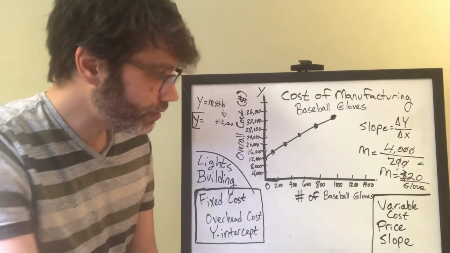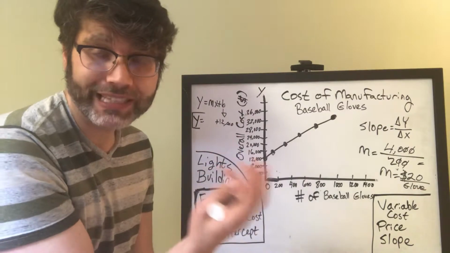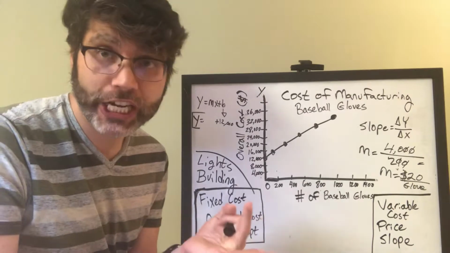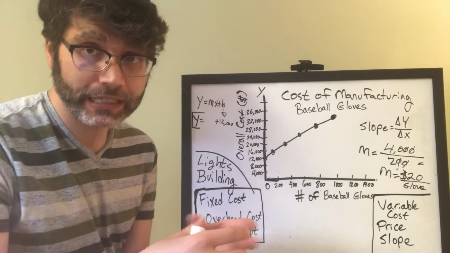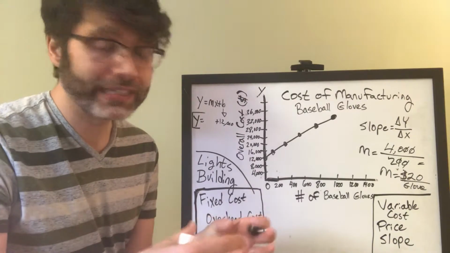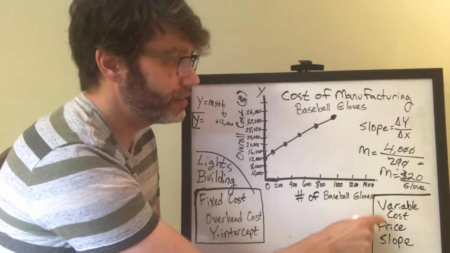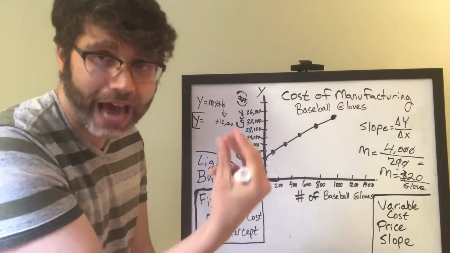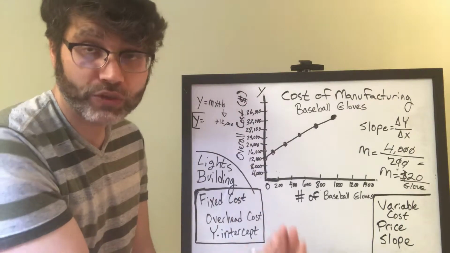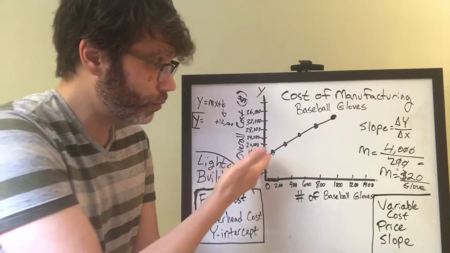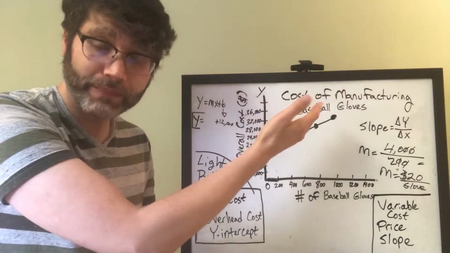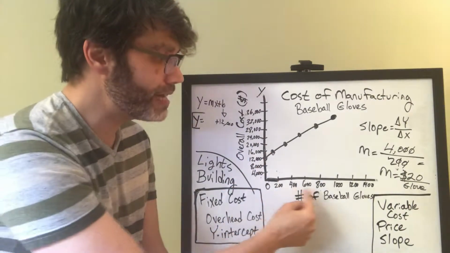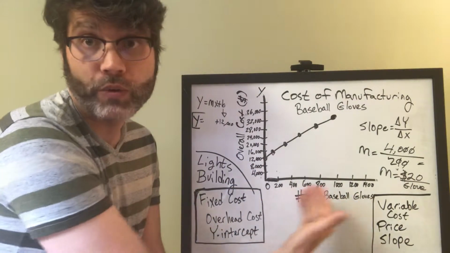And what goes into the actual glove itself? Leather, you could say. So I would say leather and stitching, all of those pieces that go into the actual glove itself are part of the price of the glove, the variable cost. We call what goes into the item itself the variable cost. Why is it variable? Because the more we make, the more material we need. The amount of material we need varies with how many units we want to create,